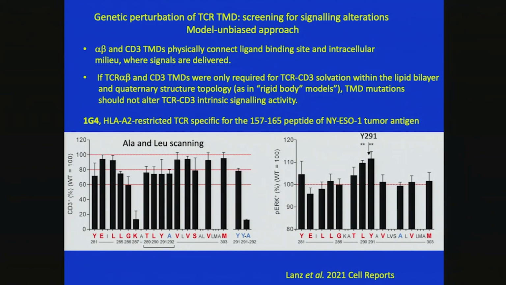This is a T cell line, convenient for this type of experiments. And then you stimulate with a peptide MHC in the form of tetramer, and you can see there is an increase in signal, despite the fact that the receptor at the surface even decreased. This was really paradoxical. Okay, so we thought, well, now we have really to understand what's going on.